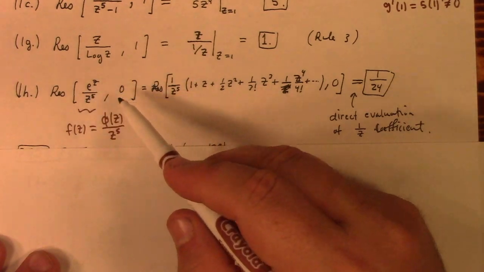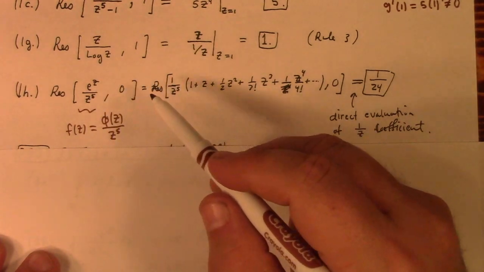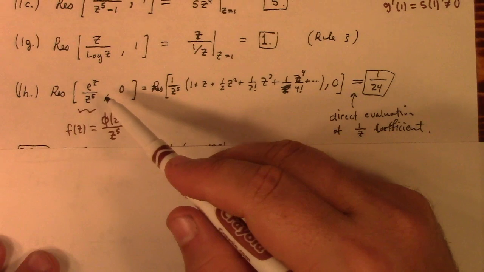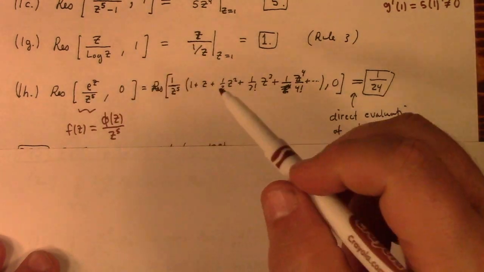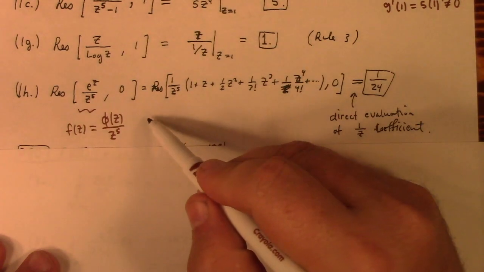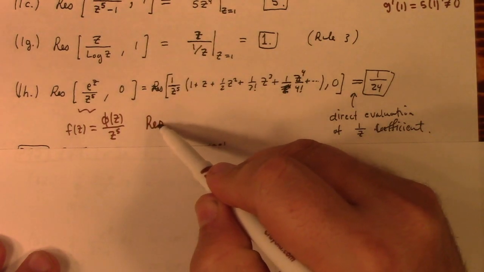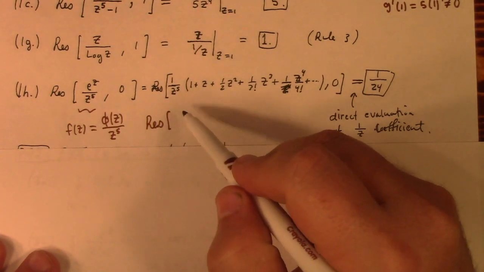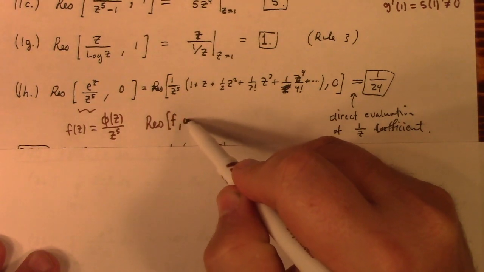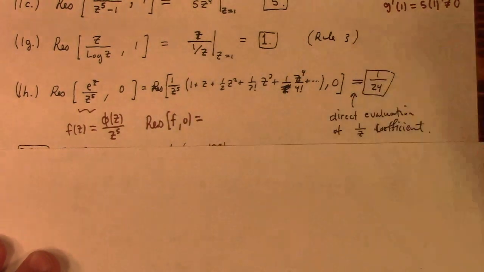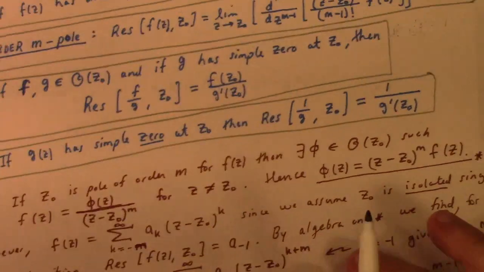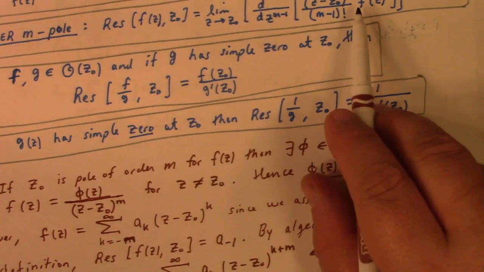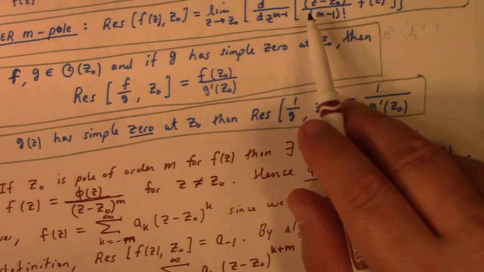Certainly the exponential is holomorphic at 0, and it's non-zero too. So this is clearly a pole of order 5, which means that the residue of f at 0 is, according to our newfangled rule here, we're supposed to do the fourth derivative of